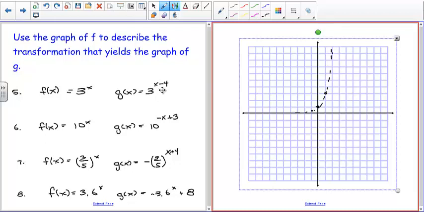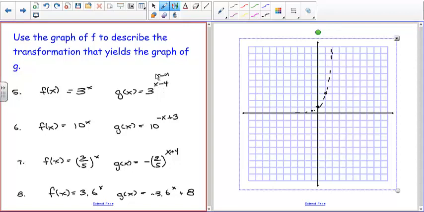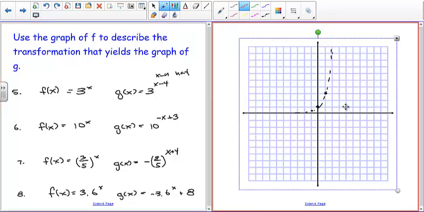Now here we have the transformation. This is an x shift, x minus h. So h is 4, which means we're going to shift everything 4 units in the x direction. So we could shift this point, the y-intercept. So we go 1, 2, 3, 4. We could put that there, and we have the same